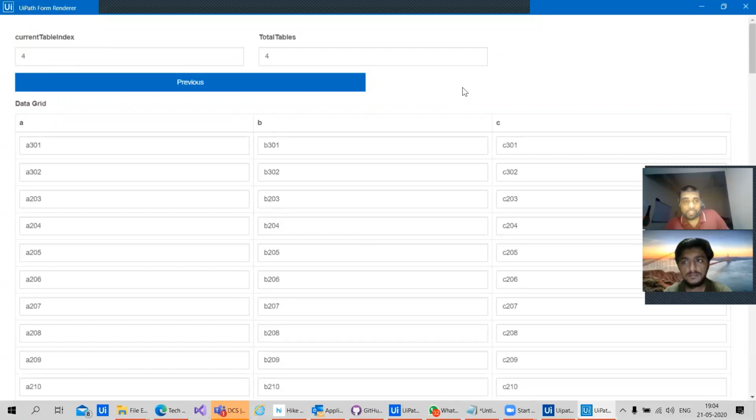Ideally, when we have the last table, since we are sending in and out arguments, only the first and second row should come, and the remaining rows should be disabled or should not be visible. That's it. So the view should be recreated such that we will have all the values.